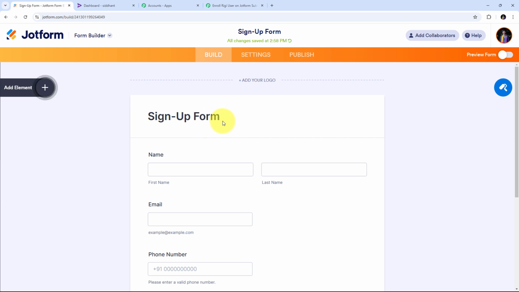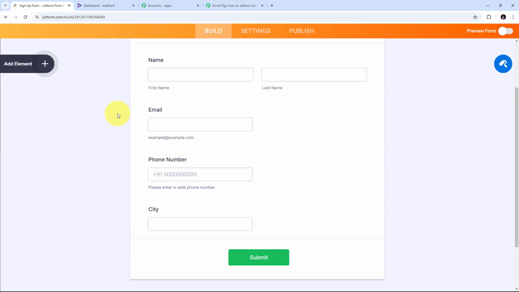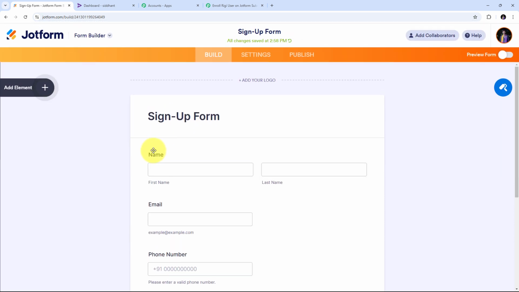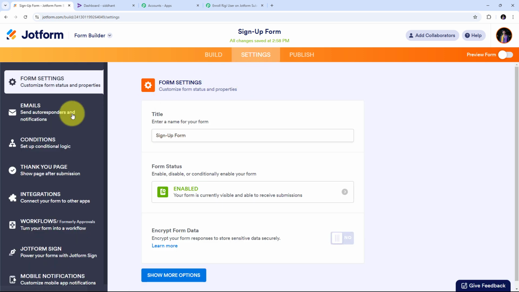And now I need to take you to my Jotform account, and in Jotform I'm going to use this particular sign up form. Here I need to connect this form with Pabbly Connect, so that whenever I receive a new form submission from this form, automatically the response of that form submission will be sent to Pabbly Connect. So for connecting this form, I need to go to Settings, and here in Settings, I need to go to Integrations,